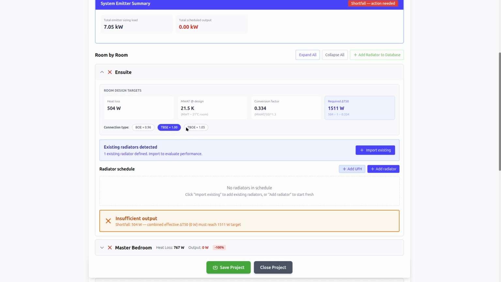And to get extra output of 1.05, you would plumb in your valves onto the radiator with the top on one side and the bottom on the opposite side, and then you get a much better output. But on the radiators in this house, I already know that we're bottom opposite ends. So I'm going to click that button there, and you're going to see that this output has actually changed now,